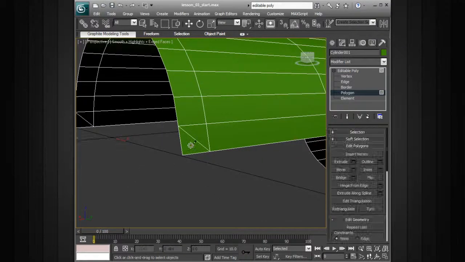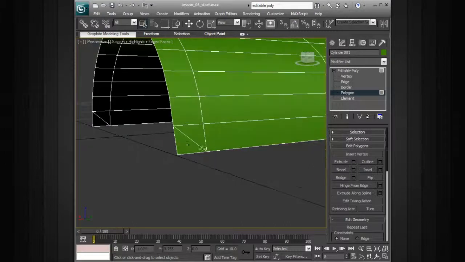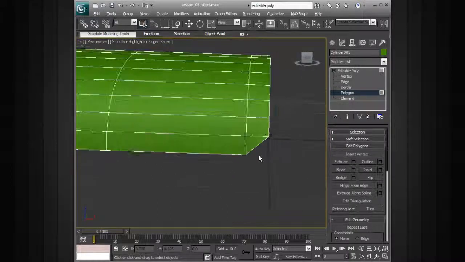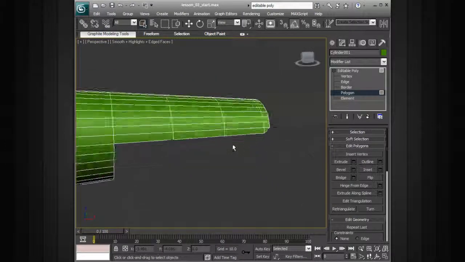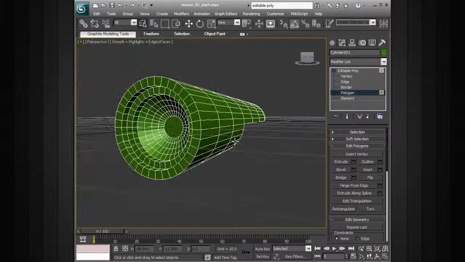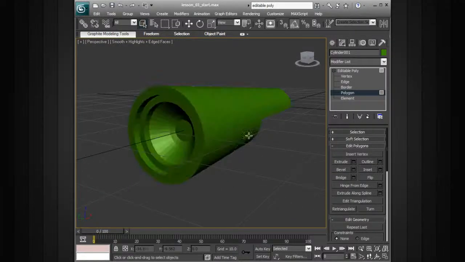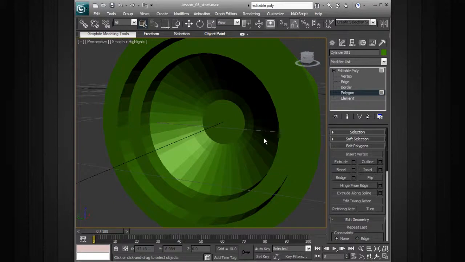We can now just get out of that tool and delete our polygons that we created, and that gives us a little bit of an area that's knocked off there in the back. So Cut is good for manually drawing out topology and edge loops when the occasion arises that you need to do that. Okay, so now that we've got a little bit of detail added here,